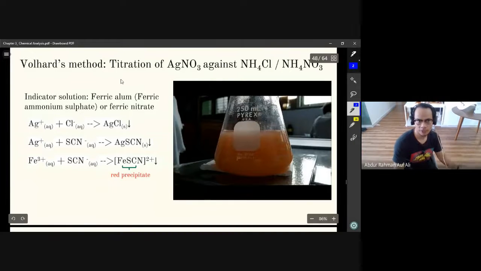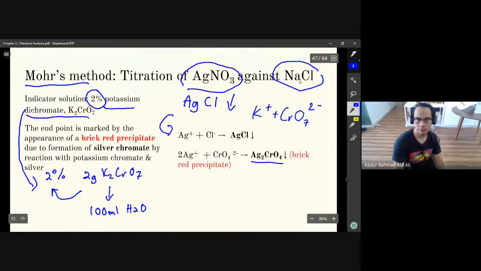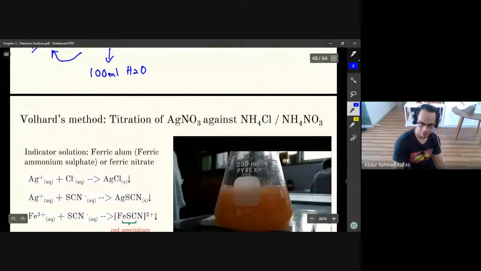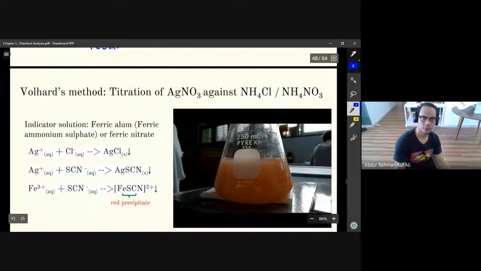Kalau contohnya Volhard's method, the titrate between different things, silver nitrate dengan ammonium chloride ataupun ammonium nitrate. Kalau kat sini dengan sodium chloride dengan silver nitrate. Tapi kat sini silver nitrate sama, tapi kita titrate dengan other things. Ammonium chloride here, ammonium nitrate. So kat sini dia suruh guna, kita suruh guna